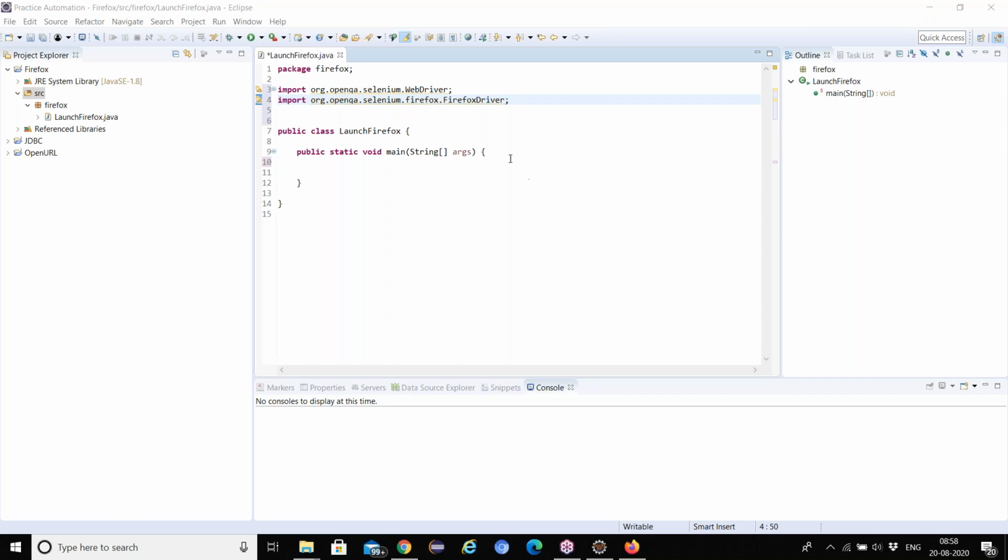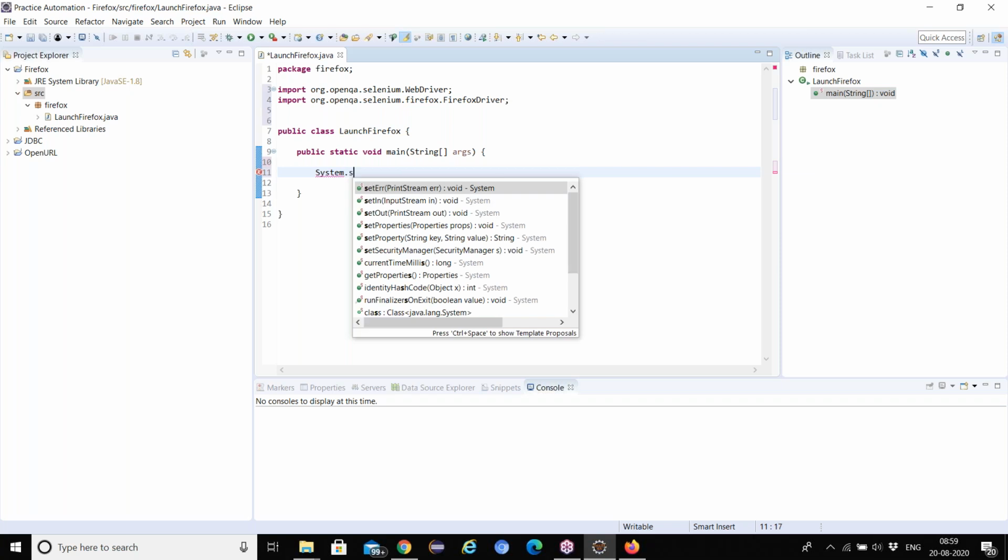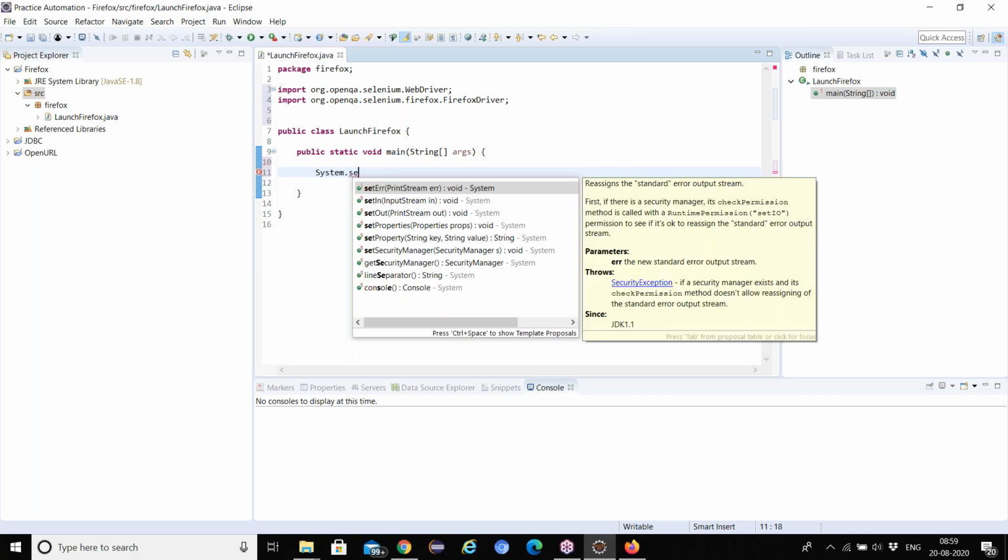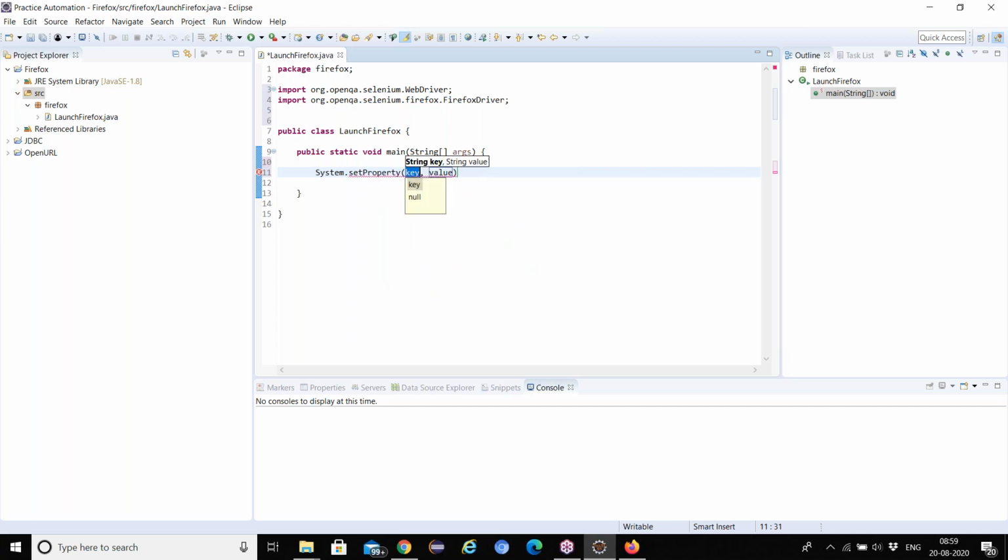Now come to your program and write the script. Now tell your system where the driver is. Write System with a capital S, control space, System.setProperty, key and value. You need to give the key. Yesterday, what key did we give?